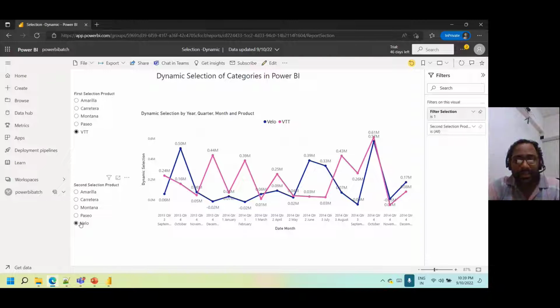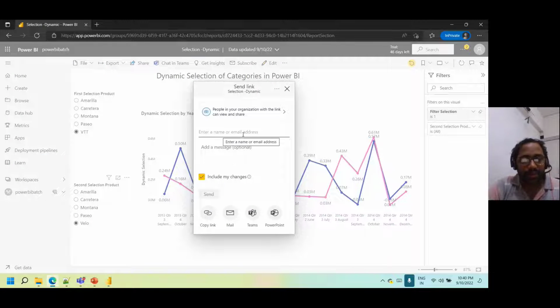So I can try to select dynamically and I can try to observe the visualization over the period of time from 2013 September month to 2014 up to December month. And after cross verifying the data, how it looks like and how the dynamic selections have been done, we can start sharing this report to the business user. So I'll just try to use a share option here. Maybe I can try to choose some user. I'll just try to share myself,